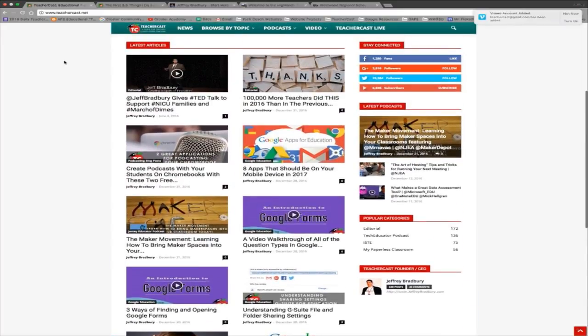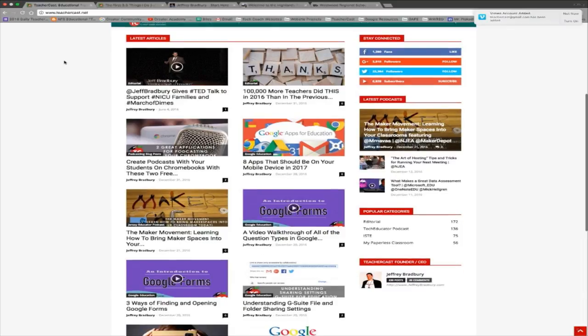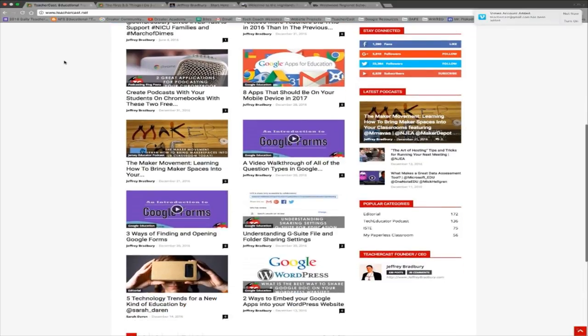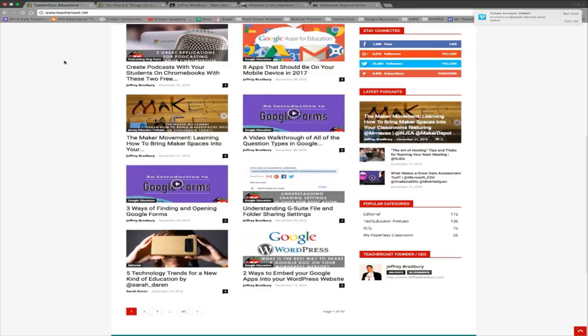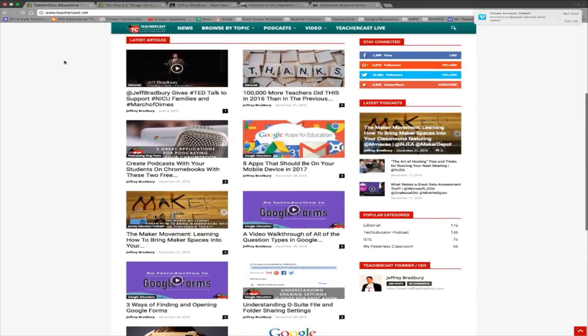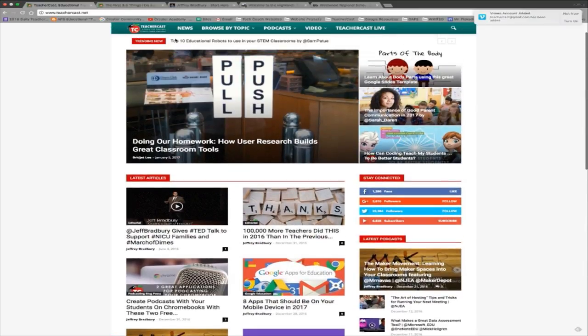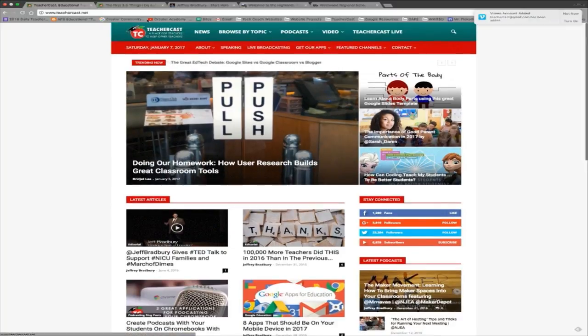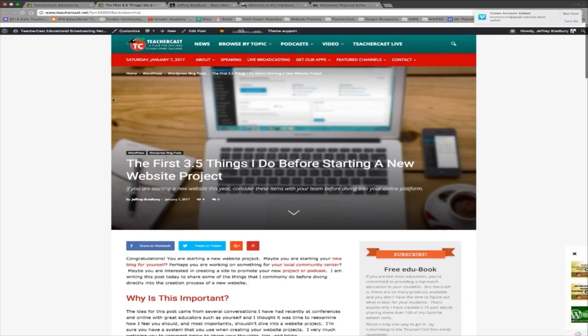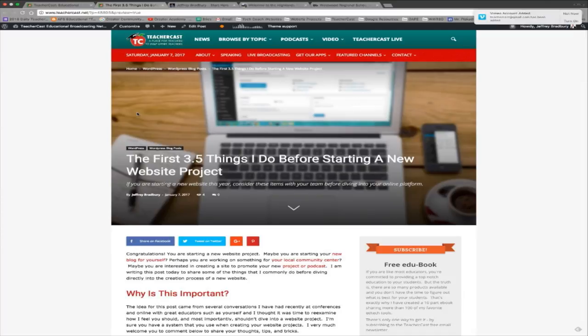If you're looking at the live video on Facebook, you can notice that as my screen goes up, the sidebar stays where it is. That is a feature that we coded into this theme, and everything that we're doing here is completely designed. This post, in fact, I'll show you at the top of the post. This post hasn't been posted yet, but by the time you're listening to this, it will be out here.